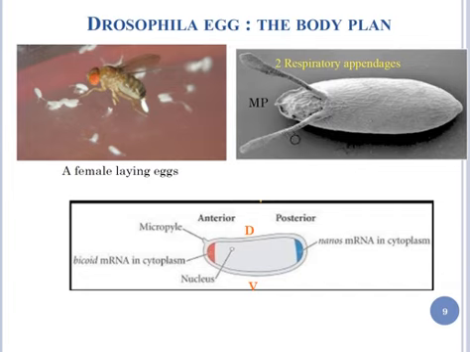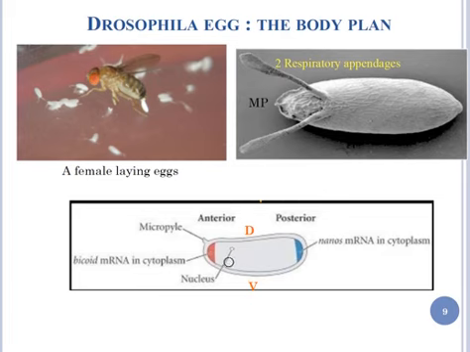in this Drosophila egg. So in the Drosophila egg, the body plan is already organized. Even before the fertilization, the Drosophila egg has its anterior pole and posterior pole established. So it means the anterior-posterior axis of the Drosophila egg is established early, well before the fertilization of this